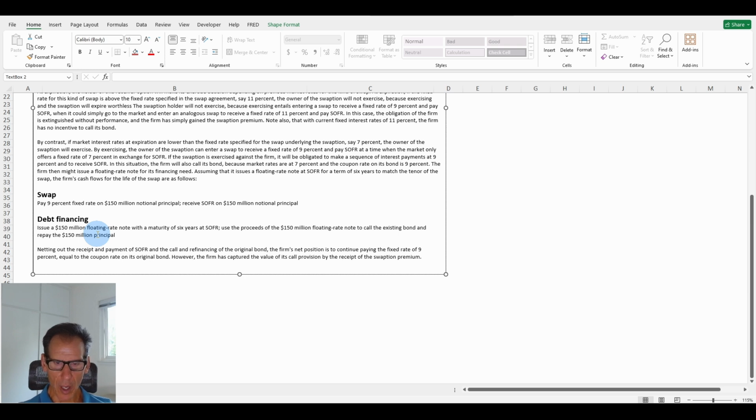Use the proceeds of the 150 million floating rate note to call the existing bond and repay the 150 million principal. Netting out the receipt and payment of SOFR and the call and financing of the original bond, the firm's net position is to continue paying the fixed rate of 9%, equal to the coupon rate on its original bond. However, the firm has captured the value of its call provision by the receipt of the